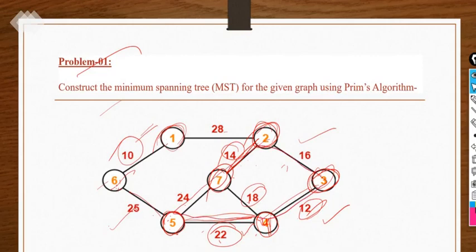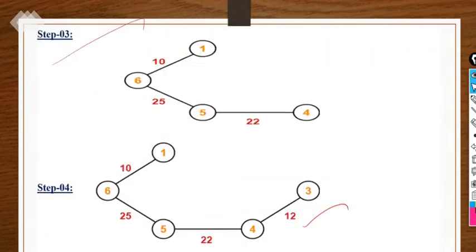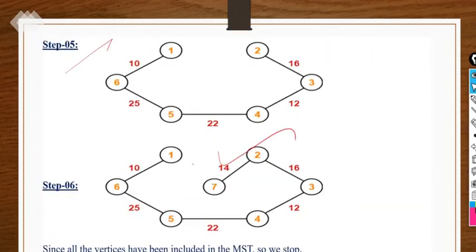So now we have covered all the vertices of this graph. Yes, we have covered all the vertices of the graph with the minimum edge weights. Now if we add further edges to this graph, it will create a cycle, right? And there is no need to connect further edges, because our main purpose is that all the vertices that are available in the graph are included. These are already available, so no need to connect the remaining edges here. So we already have all the vertices with the minimum possible edge weights.